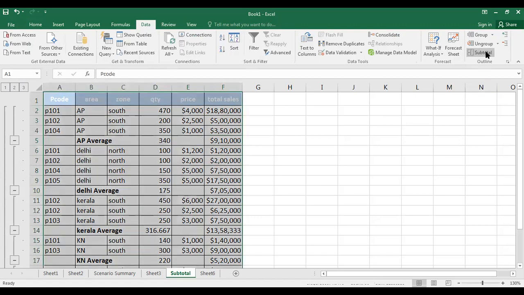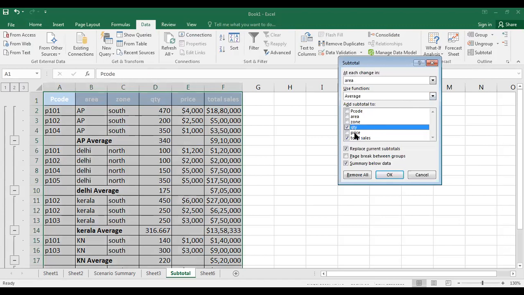Second one, in subtotaling, you can use the columns which contain numbers, because it has to do basic mathematical calculations like sum, average, minimum, maximum, standard deviation. So the columns we select for subtotal must have numeric values, and you are allowed to select more than one column. If you try with a different table, you will get still more choices.